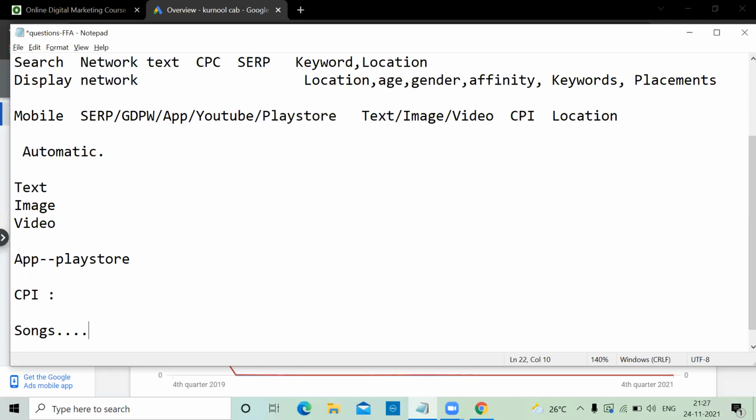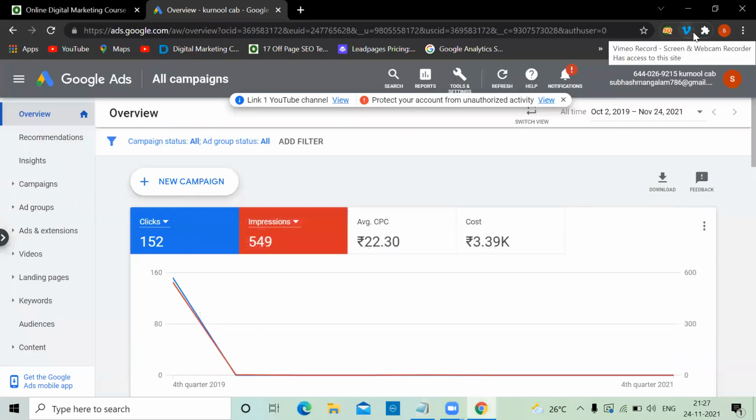But when I checked with another campaign, like Bitcoin and all these things, it was 30 to 40 rupees. So it depends on your niche and how competitive your product is. In this case, just now we've seen they're giving you 18 rupees. Okay, so I'm going to do a campaign again without all the options.